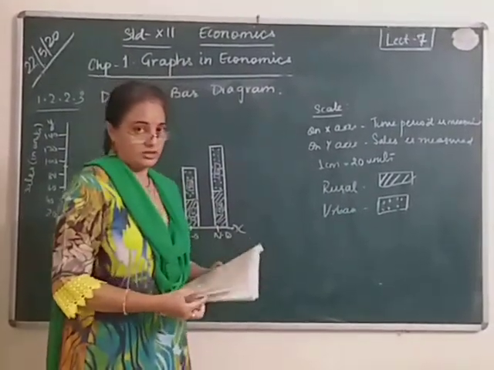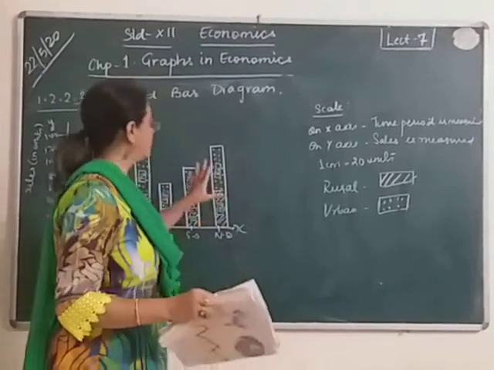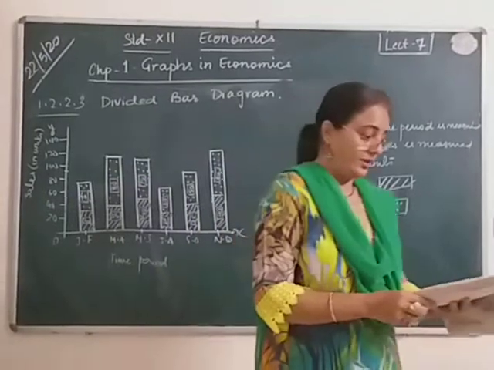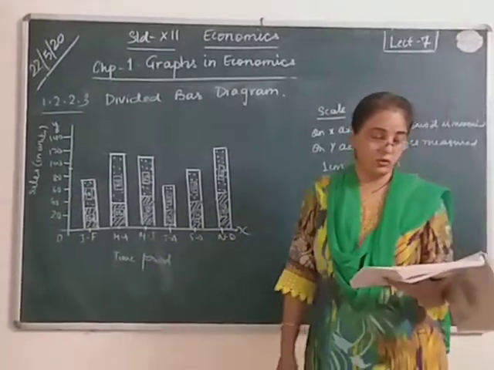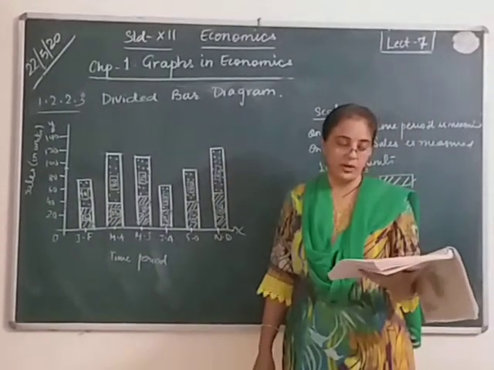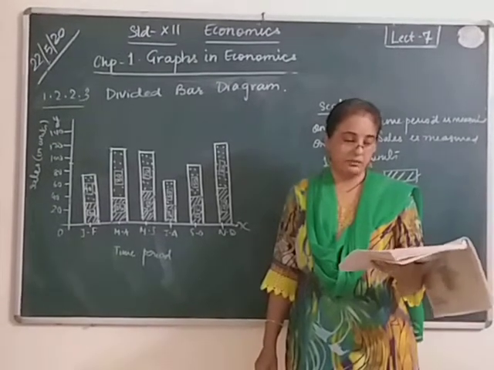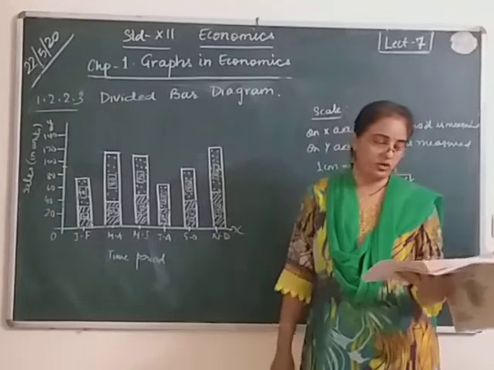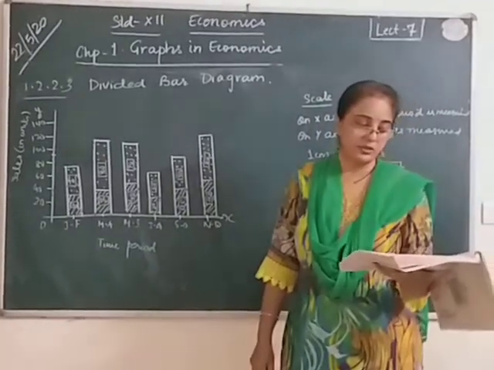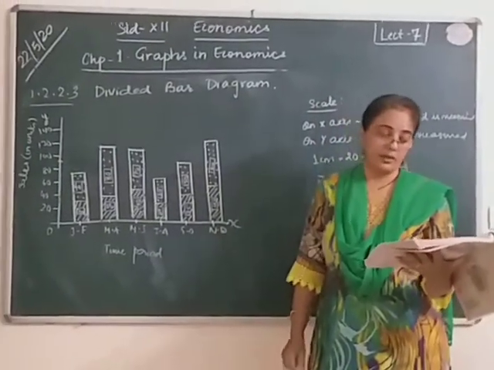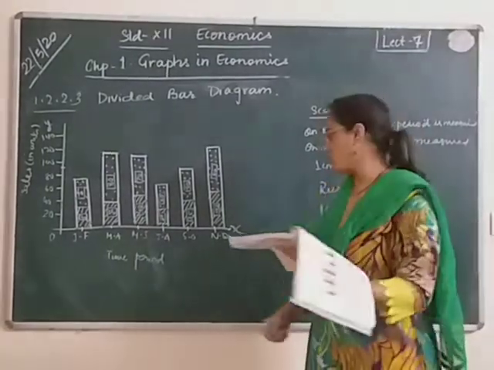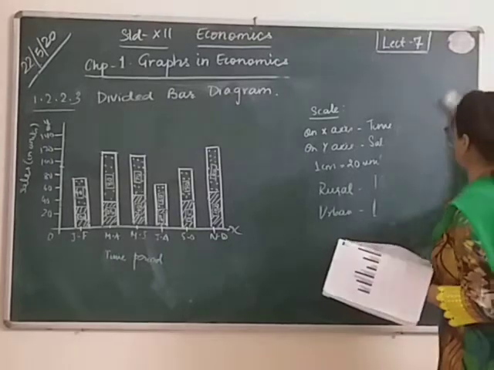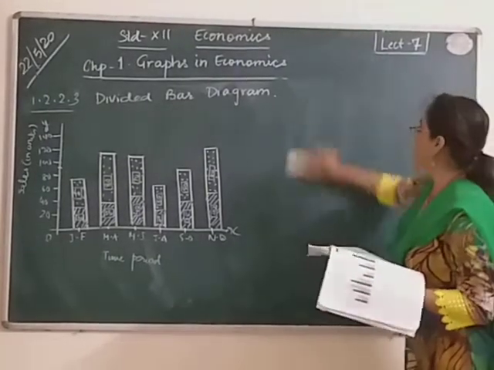Now in the last lecture, lecture number 6, this is what you studied. We stopped there, and we are now to do aspects to be considered while drawing a bar diagram, that is on page number 7. This entire thing can be for 3 marks. This is a 3-mark question. So, aspects to be considered while drawing a bar diagram. In order to draw a bar diagram, what all things you need to remember and take care of, those aspects I will be writing here.